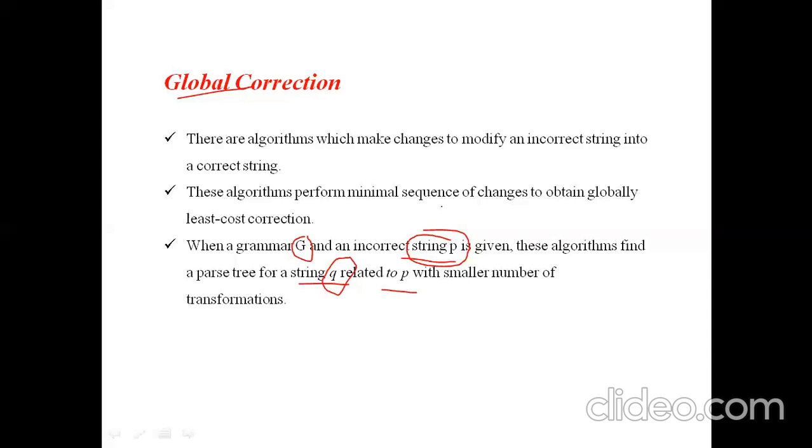But with global correction, it makes modifications on the entire program. The changes made in global correction may be adding new symbols, deleting existing symbols, or changing tokens. All these come under global correction.